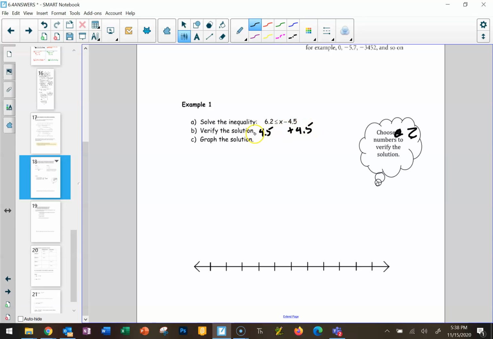So we're adding 4.5 to both sides. Well, that's going to get rid of the one on this side. That was the whole point. And we know with addition and subtraction, we don't need to change the sign, right? So because we were adding 4.5, we didn't need to change the sign at all. So I just left it as less than or equal to x. And then if we look at the other side, we've got 6.2 plus that 4.5, which is going to equal